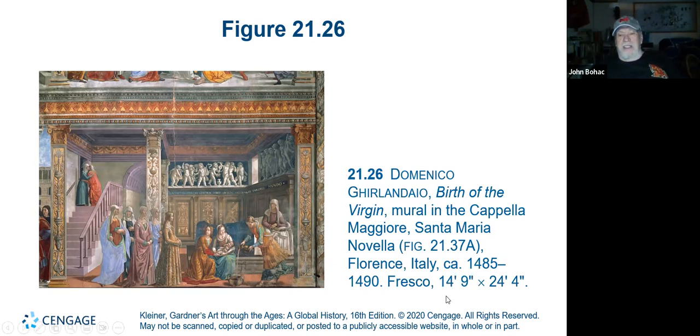And you can see this is like a huge painting. It's a huge mural, 14 feet high, 24 and a half feet wide. And so this is kind of exactly the difference between Northern